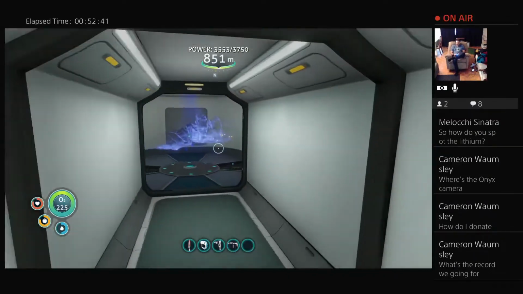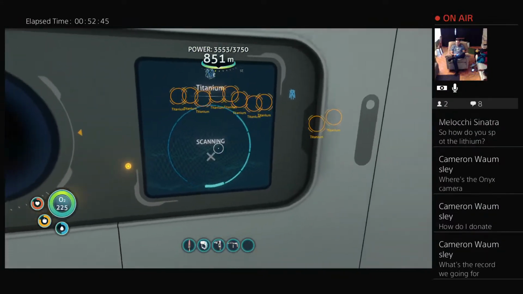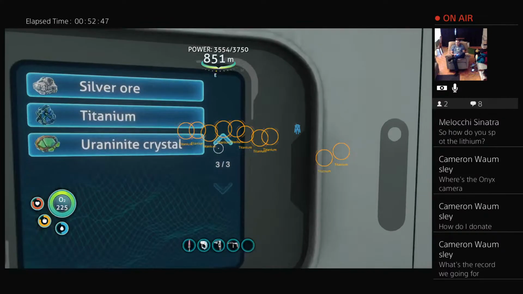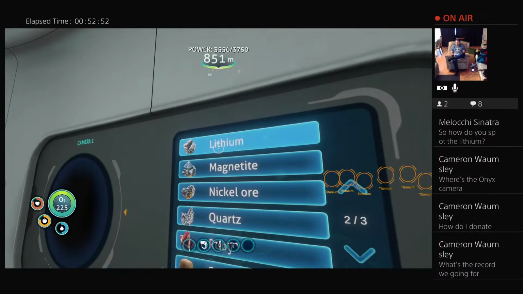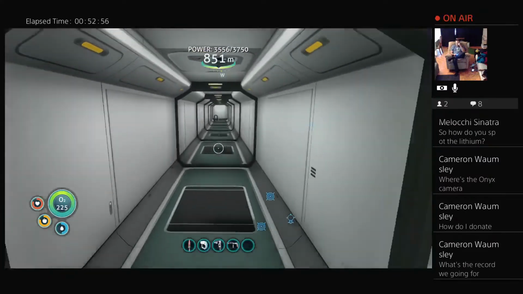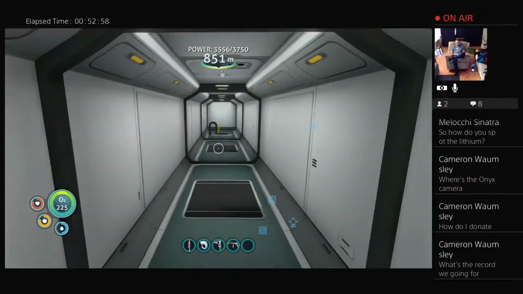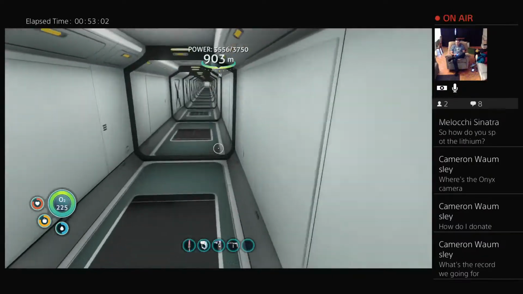So I'm going to change this to lithium. My scanner room here. So X on scanning. And we're going to go to lithium. There we go, send us some pings. I don't use the cameras. Don't really have to worry about that. I'm not saying I'm invulnerable, but...